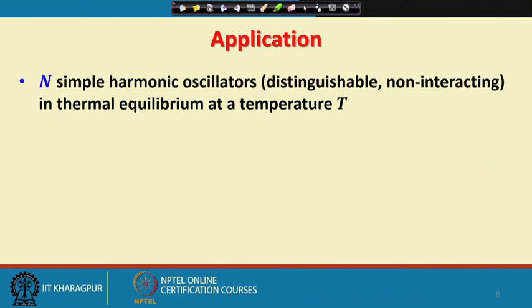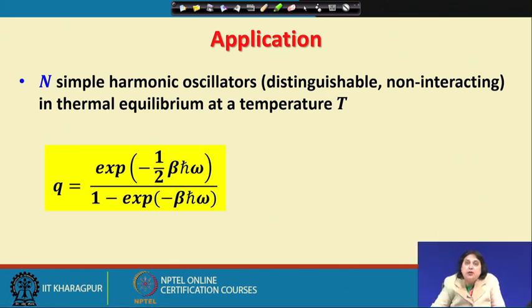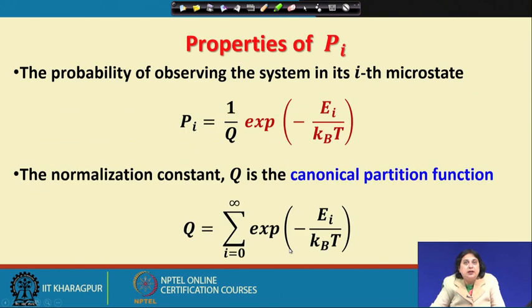and if they are present in a constant volume V at a constant temperature T, I can very easily write down that for each of the simple harmonic oscillators, I can have an analytical expression for the canonical partition function, and then the canonical partition function for the N particle system is going to be given like this. Now, once you know capital Q, you can very easily find out the natural logarithm of this quantity and connect it to the thermodynamics. So, in the next lecture, we will see some of these very interesting applications, but before